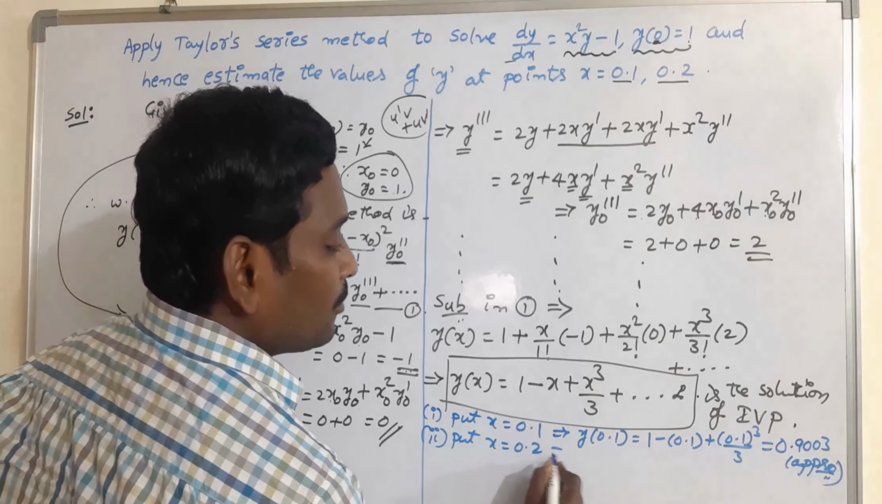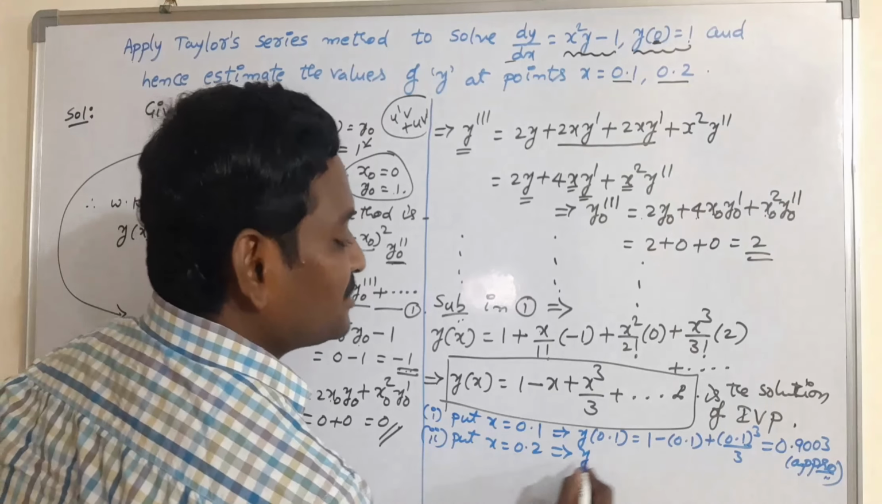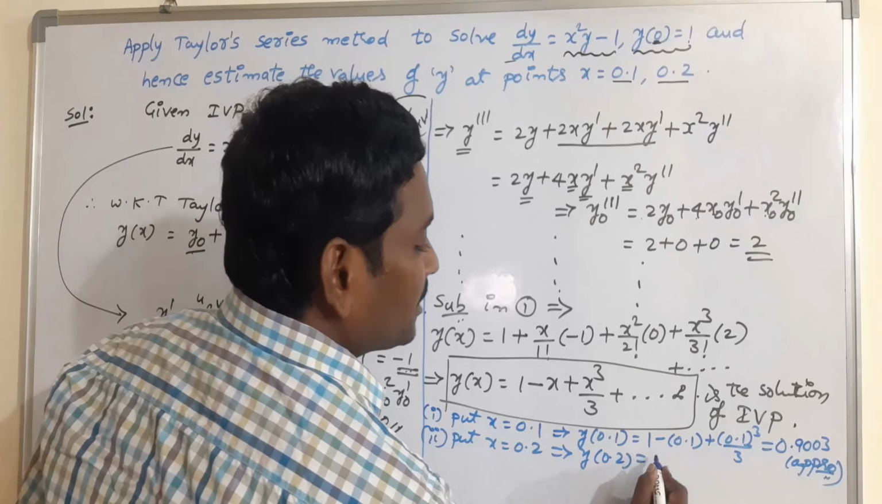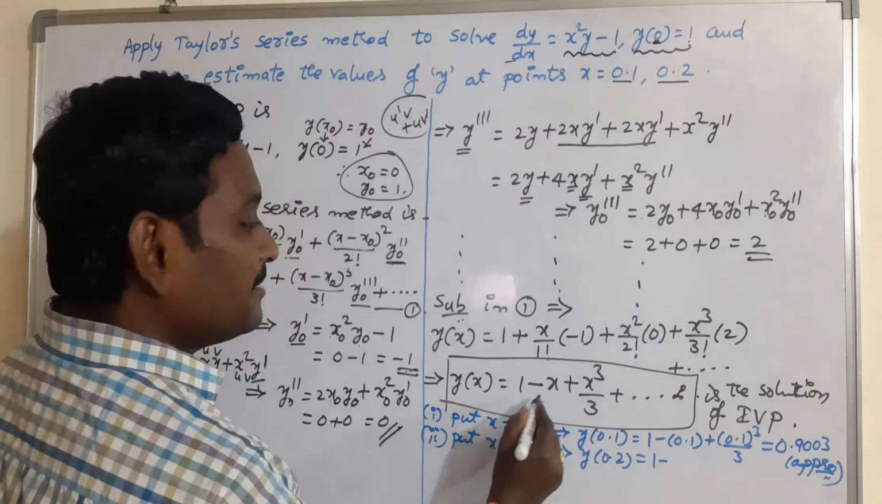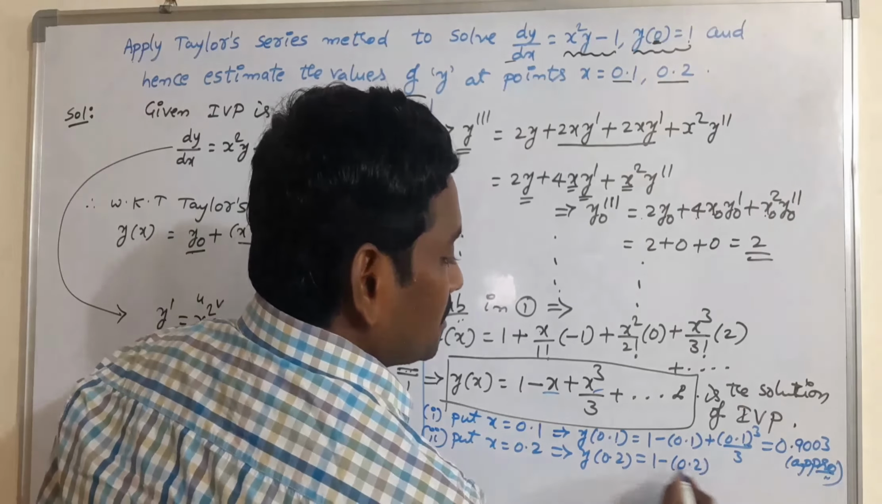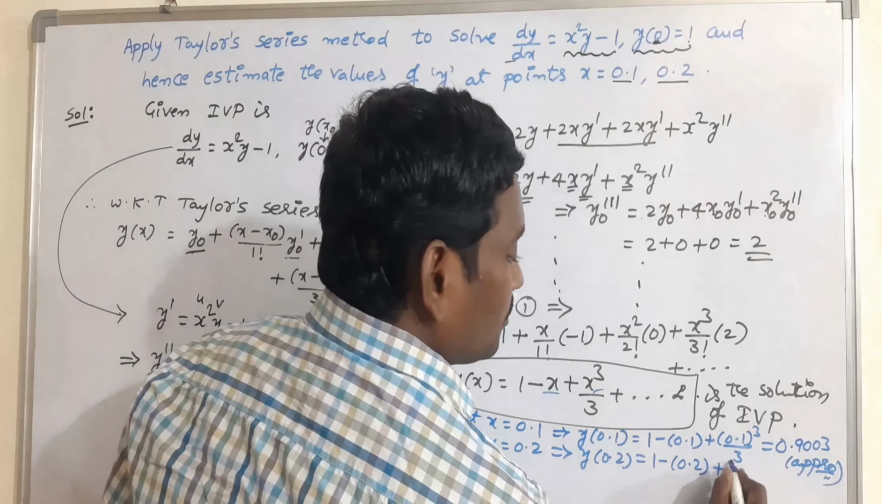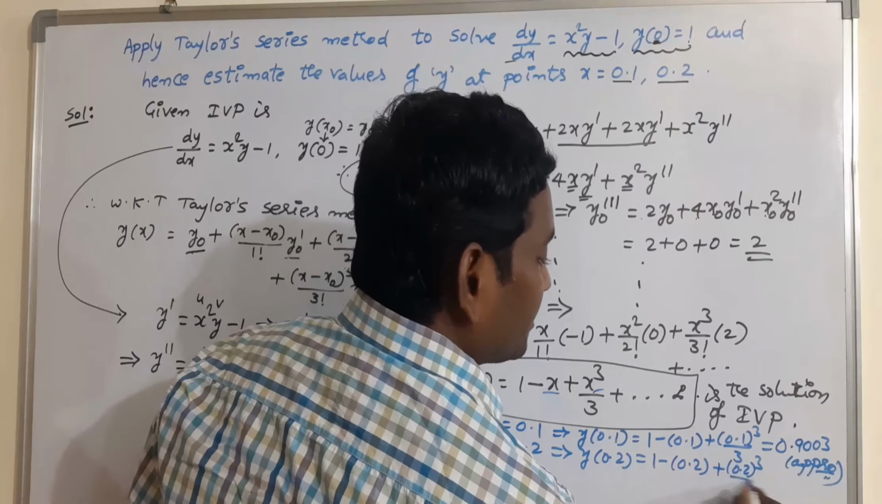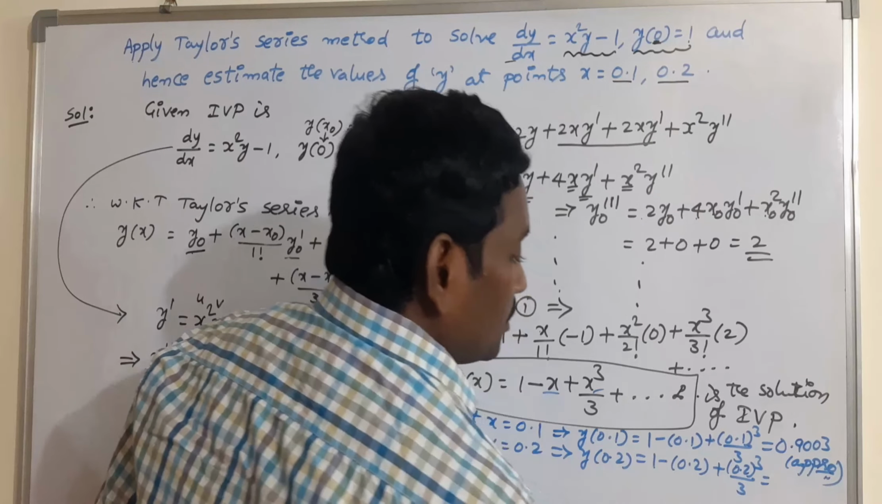Okay, similarly we can get the y value at 0.2, which is y at 0.2 is equal to 1 minus, in this case replace x is equal to 0.2 in this solution, plus 0.2 whole cube by 3. So you can comment the